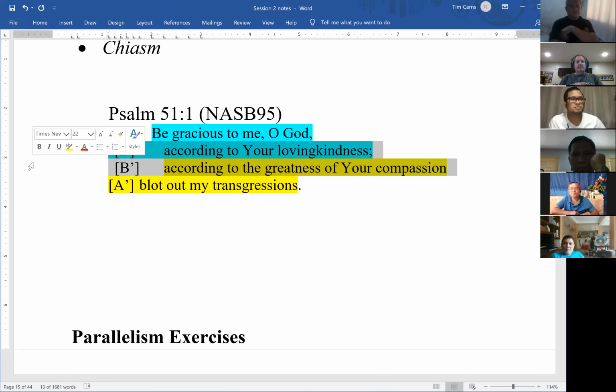He's actually doing this because he wants attention to be given to the phrase that he flips in the second line. Okay? So this is important because, again, we're always looking for ways that the author is expressing emphasis in his poem, because we need to express that when we preach it. All right?